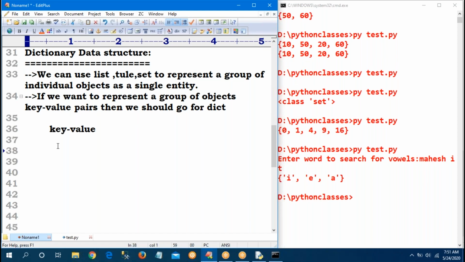Sir, in the dictionary, keys do not allow duplicates. Values may allow duplicates, because I am not assigning the same student number to 2-3 students, but 2-3 students may contain the same name.